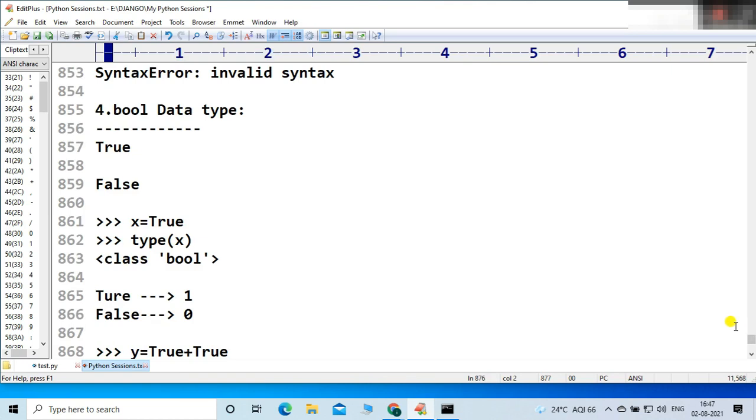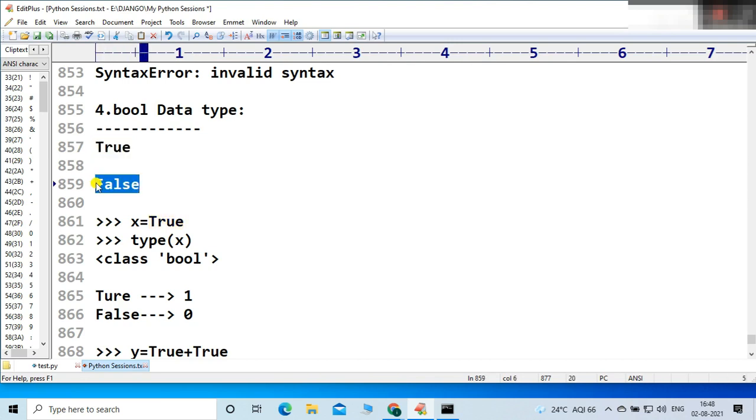There is one more observation you can see. The first letter of True or False is capital: T is capital, F is also capital. But if you compare with other languages like C or Java, all the letters are lowercase, while in Python the first letter is uppercase. For True and False, the first letter is in uppercase.